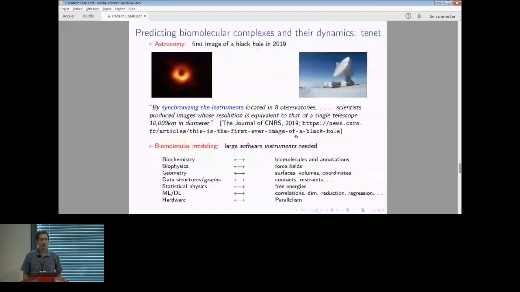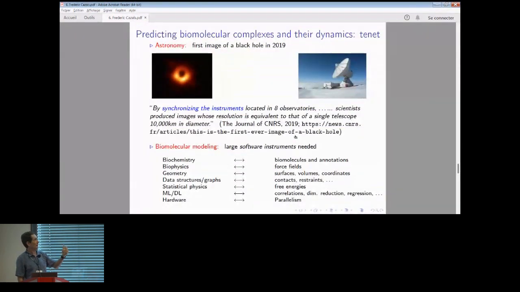And so to play a metaphor, let me maybe mention the first image ever of a black hole, which was obtained 4 years back, using images collected by telescopes in 8 observatories. And so in fact, assembling this image has been a complicated task, mixing, of course, data collection and signal processing. And the point I want to raise here is that if you want to do the same to study dynamics,